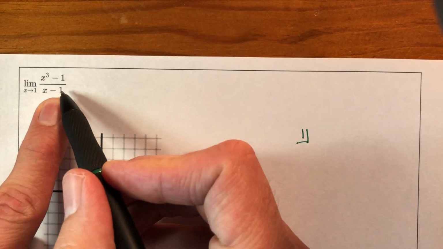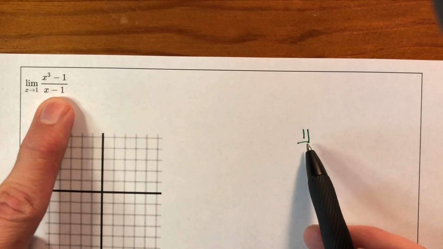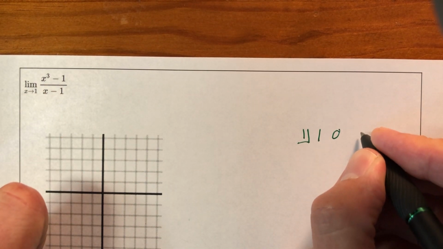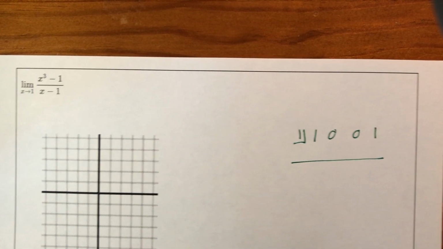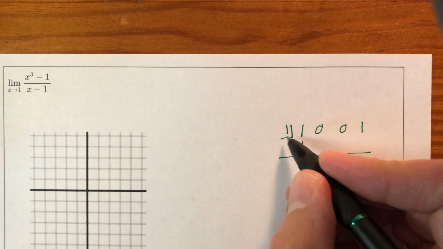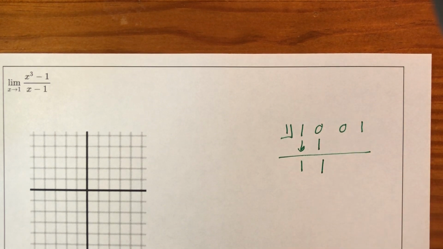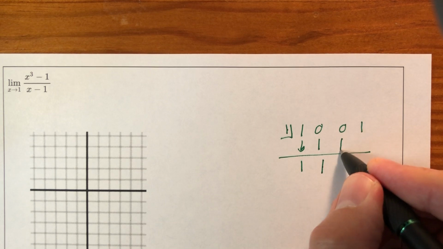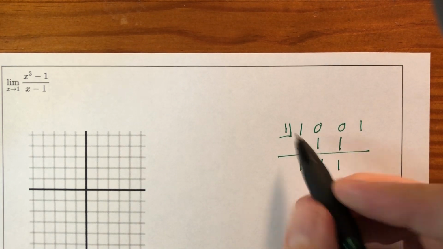It's like if x minus 1 was graphed, I would cross the x-axis at 1. Right. Anyway, so 1, and then 1x cubed, 0x squared, 0x, and 1. This should look familiar from a previous math class. We're going to bring down the 1, multiply, put it there, add. 0 plus 1 is 1. Multiply 1 times 1, it gives me 1. This is not the best example to refresh your memory. Lots of 1s and 0s. It's like a whole problem in binary code. 0 plus 1 is 1. 1 times 1 is